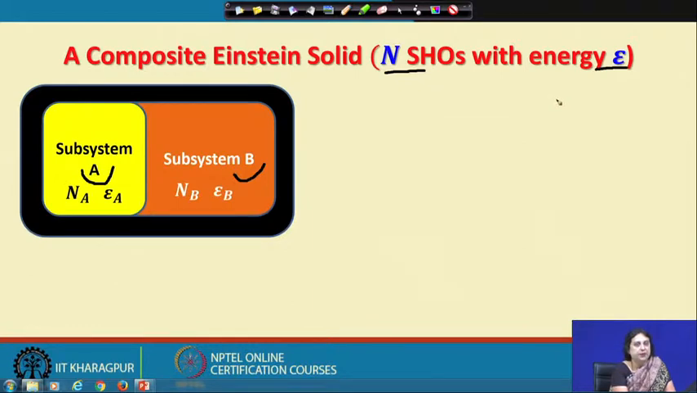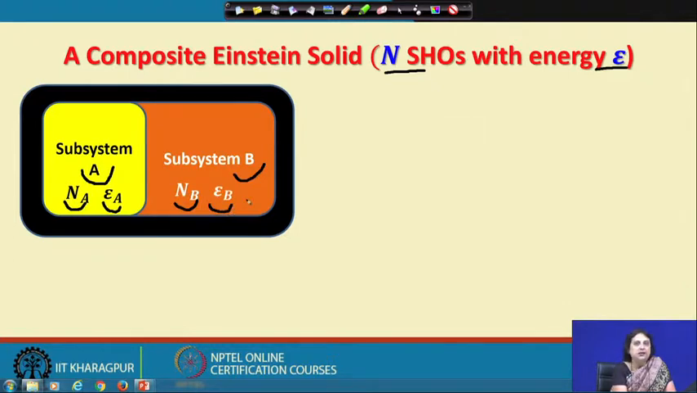is epsilon. But now, just because I have separated the entire system into two subsystems, I need to describe the number of simple harmonic oscillators in subsystem A, N A, and the associated quanta of energy that they possess, epsilon A. Similarly, I also have N B as the number of simple harmonic oscillators present in subsystem B